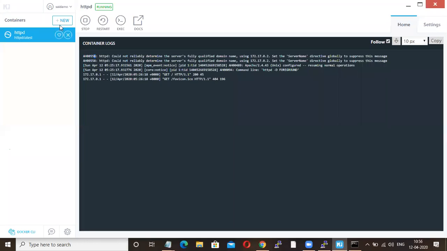For example, here if you want to stop the container, you can stop the container. If you want to create a new container, you can go to this option. If you want to restart the container, you can go for this one. For exec, if you want to log in inside your container, you can. Just search bash.